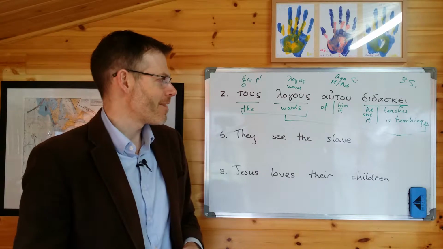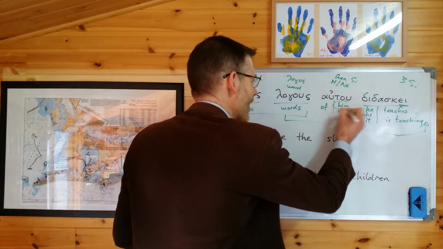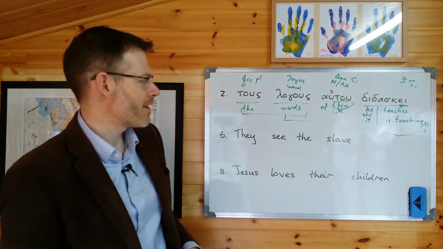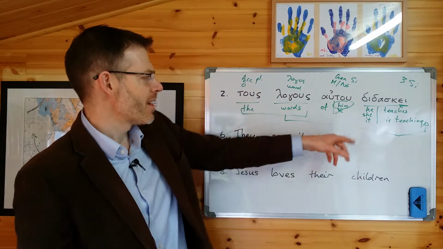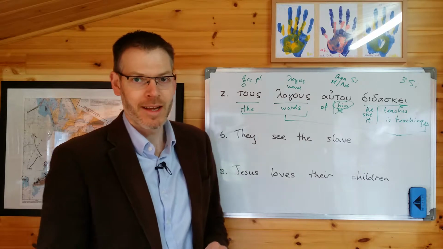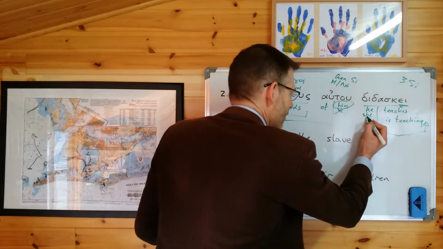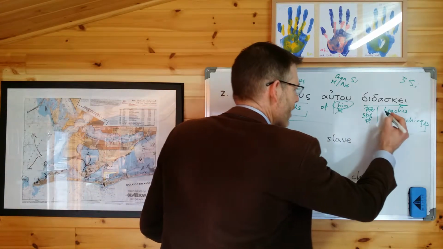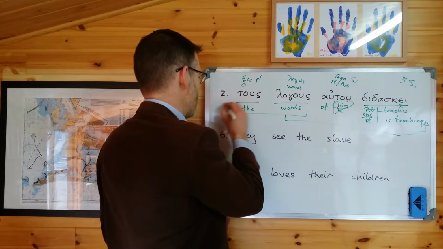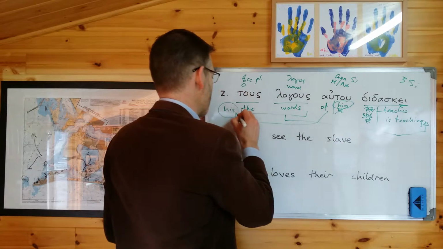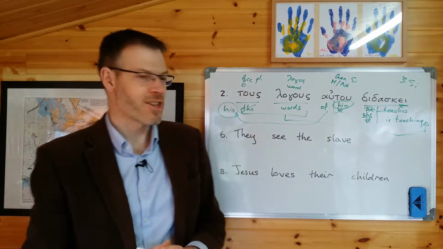Although in this case, the most logical option in general is probably that it's a person, a man speaking, therefore the words of him, his words. And in the example, in the answer at the back, Duff has plumped for she is teaching his words. She is teaching his words.